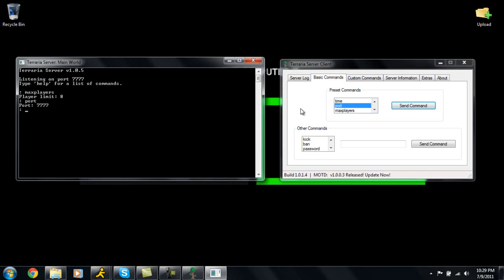You don't really need any of these preset commands, of course, unless you're using dawn, noon, dusk, midnight, and settle, which are really the only ones that I enjoy using. So